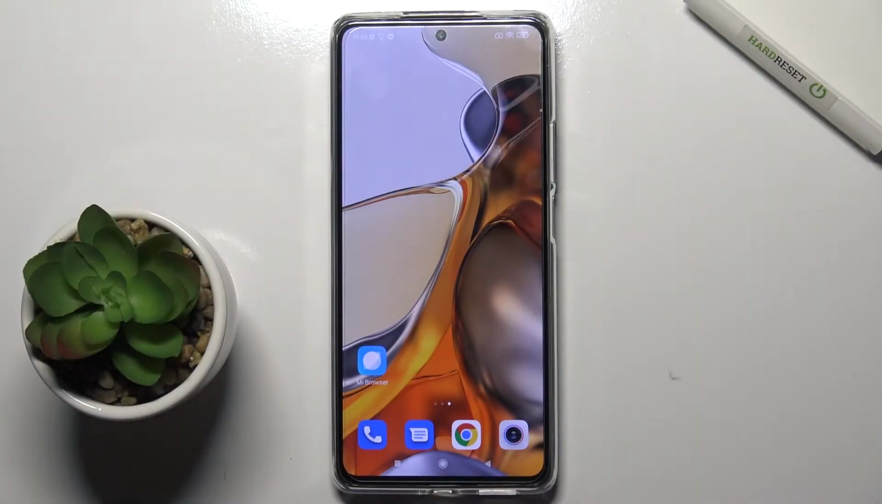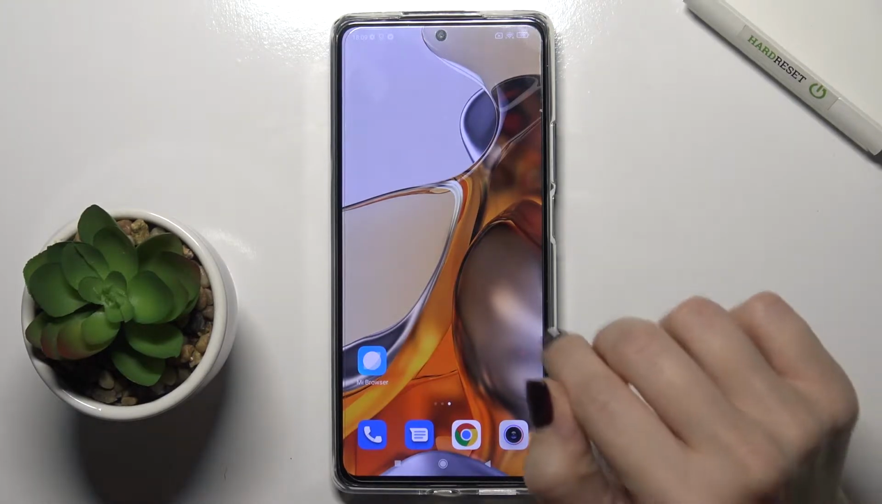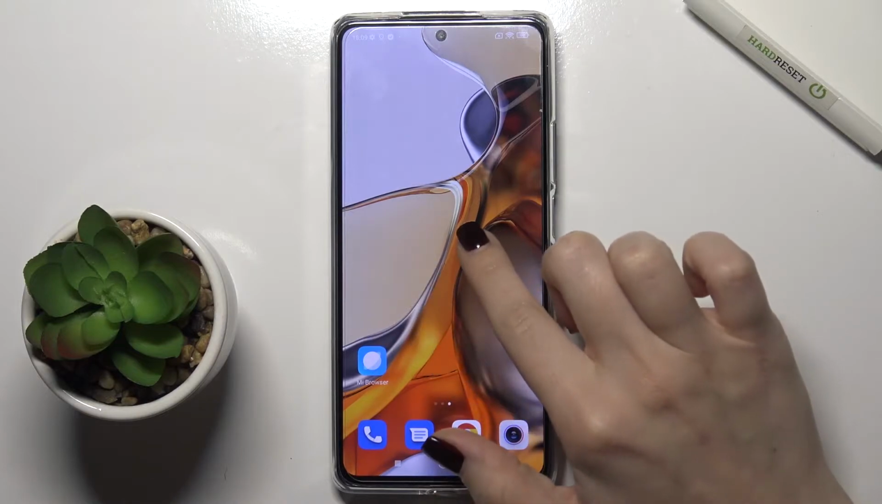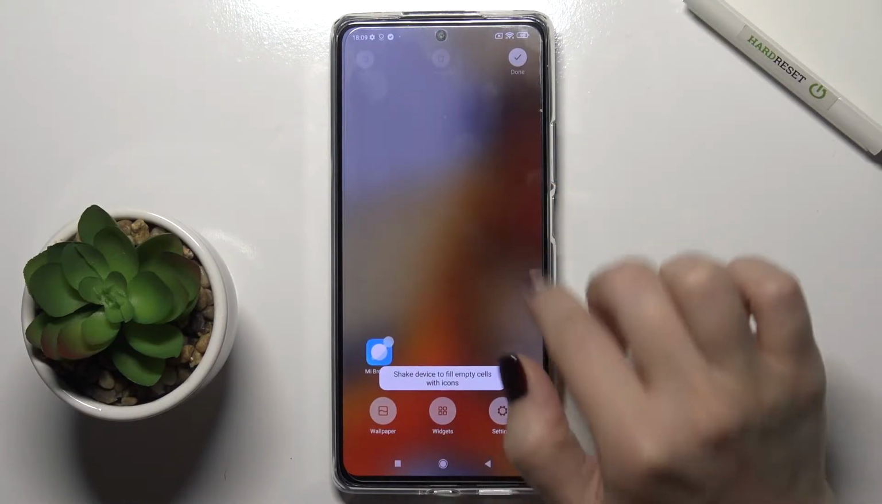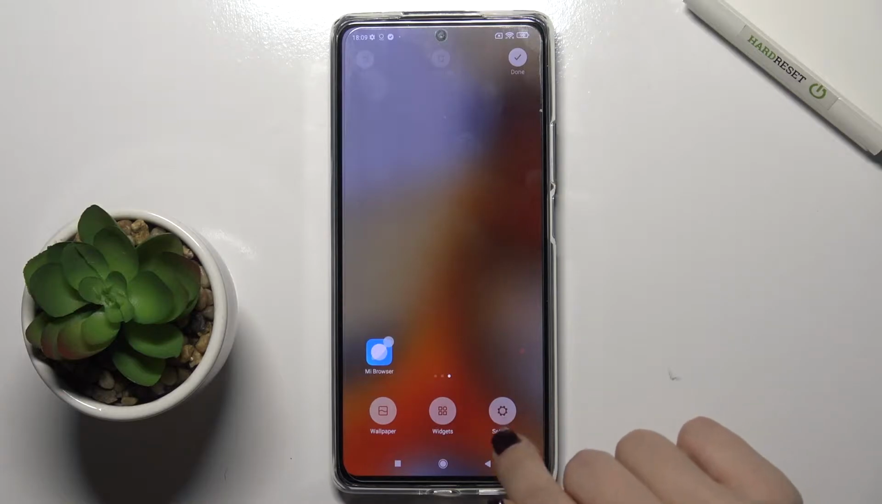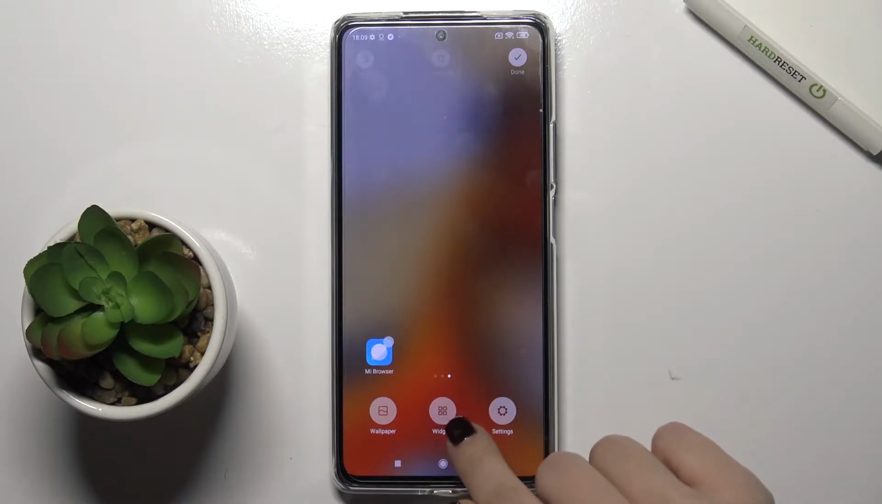Welcome. In front of me is a XIAOMI 11T Pro, and I'll show you how to add or remove home screen widgets on this device. So first, you just have to press for a while on your screen, and now you've got here the widgets